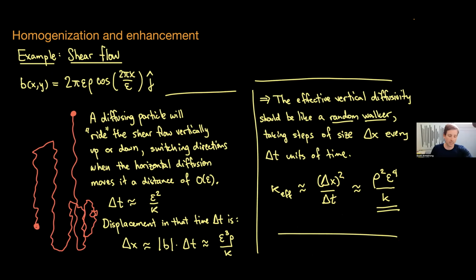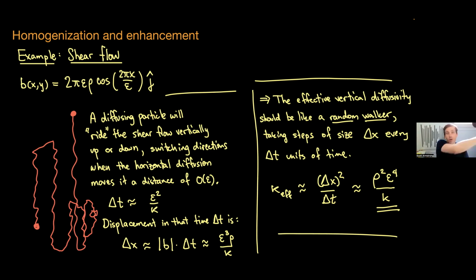Okay, so now what is the reason that this is happening? Why is it proportional to 1 over kappa? You can think about it very, very simply. Imagine that you put a particle in that vector field with a very small amount of diffusion. It'll just go up or down depending on its horizontal position. And it may go up for a very long time if the diffusion is small. Eventually, the horizontal diffusion will move it into the other kind of channel. Like you imagine it's on a highway and its horizontal position is diffusing.